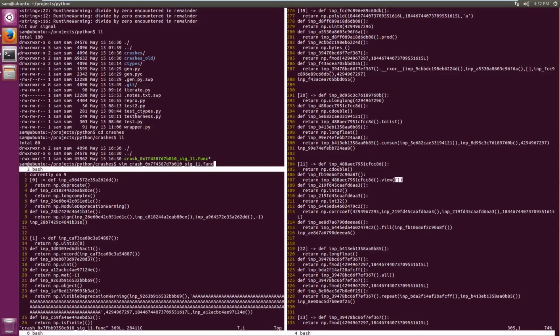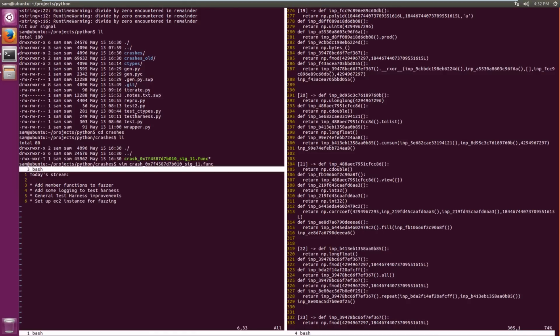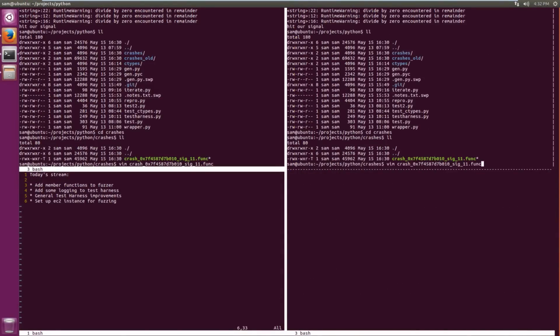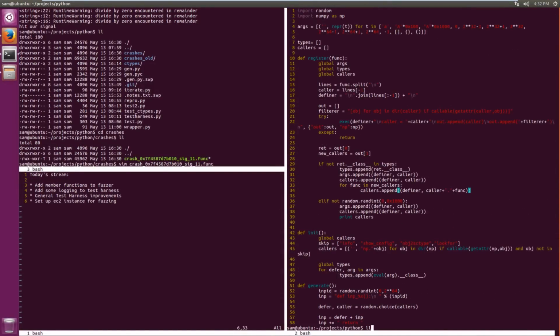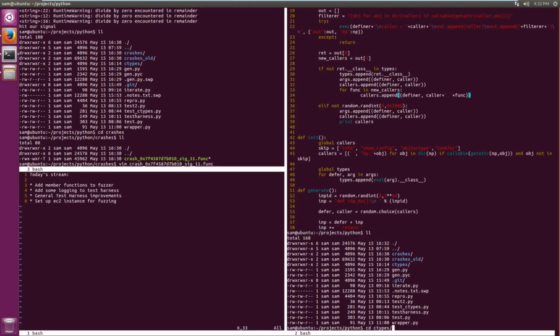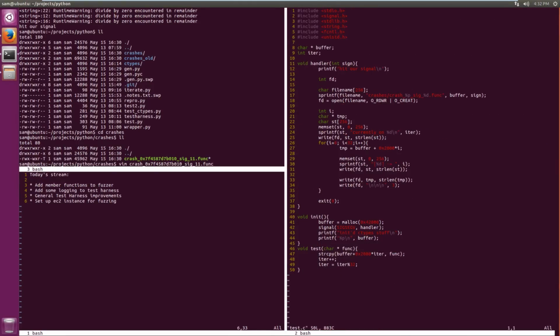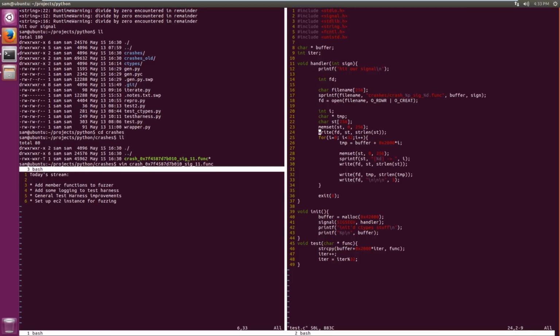So if we go back over here, we have added the member functions. Let's fix up our test harness a little bit before we go on too much farther. The other piece that I wanted to do real quick is, if we look at this code, this is our test harness. The first and most important thing I want to do is fix this code. Currently we're dumping out everything in that loop, and that's messy, and I don't like the way that looks at all. What I want to change this to do is, let's just go through and do it real quick. So let's get rid of all of this. We don't care what we're currently on,